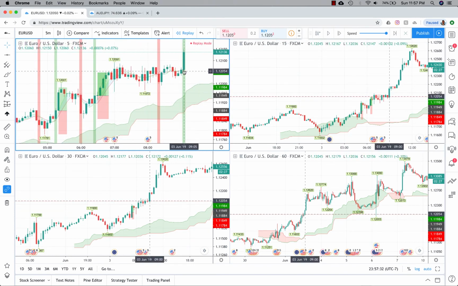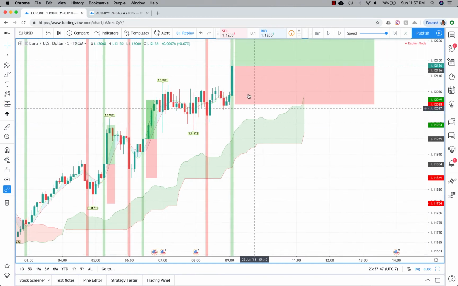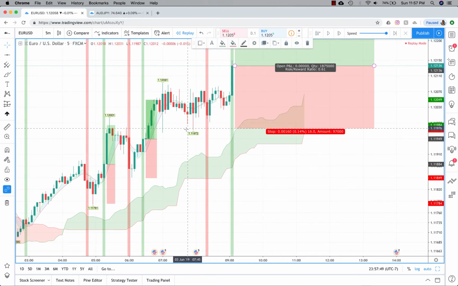Yeah, so right here, price is above the cloud on the 5-minute, it's above the cloud on the 15-minute, it's also above the cloud on the 30-minute and the 1 hour. So all the requirements are met here. So we'd put in a buy position right here on the next candle. And then the swing low would be,